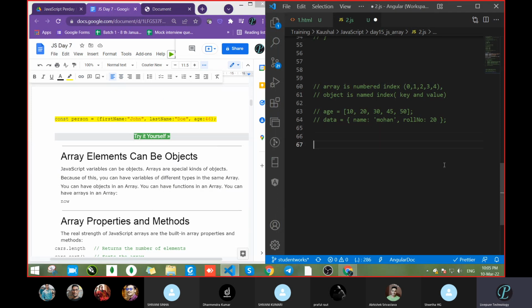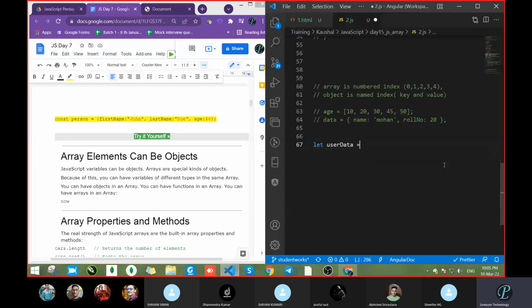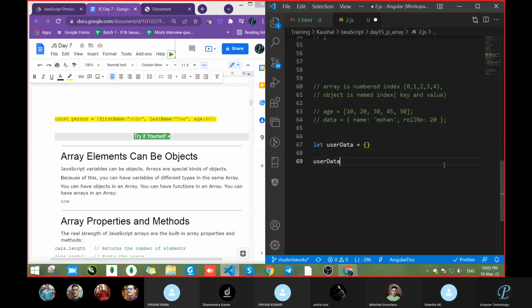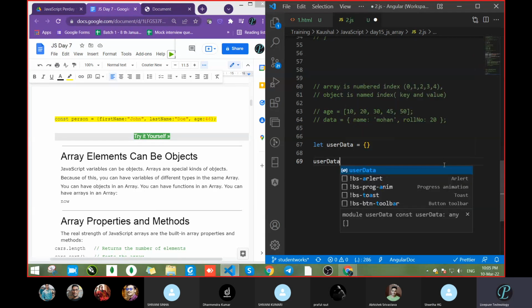So how can we create an object actually, dynamically? Can anyone tell? We want to create an object, user data equal to, like this, empty. Let it be. Now pass the data. How can we pass it? User name, colon, and name. Is this really colon? Sir, I don't know how to pass.